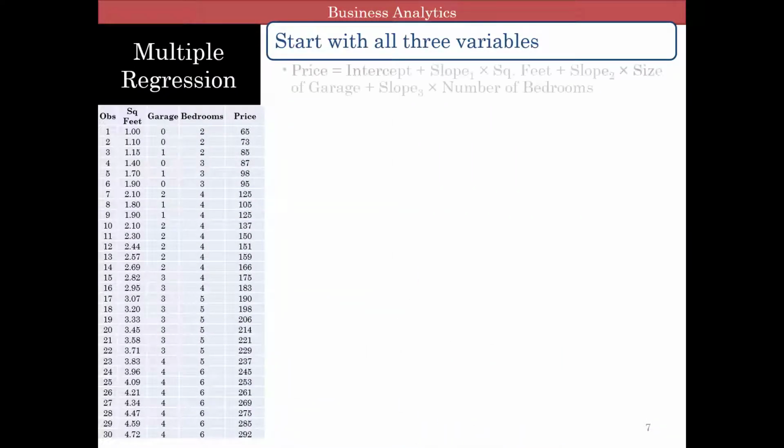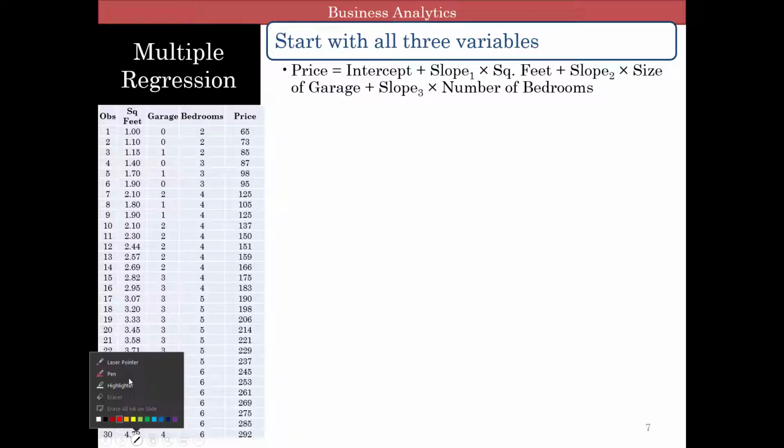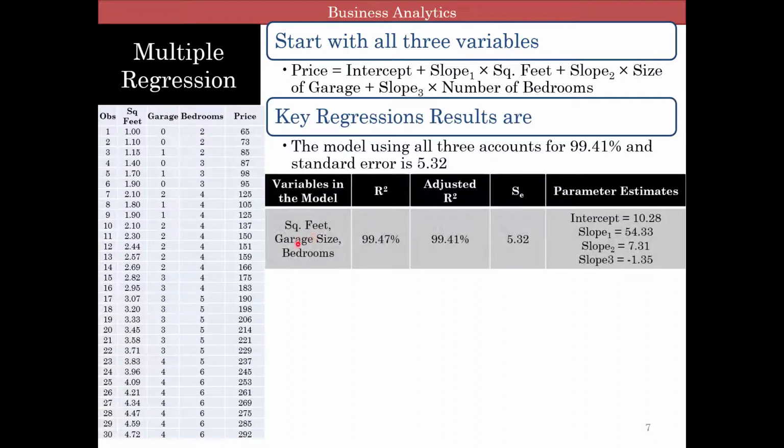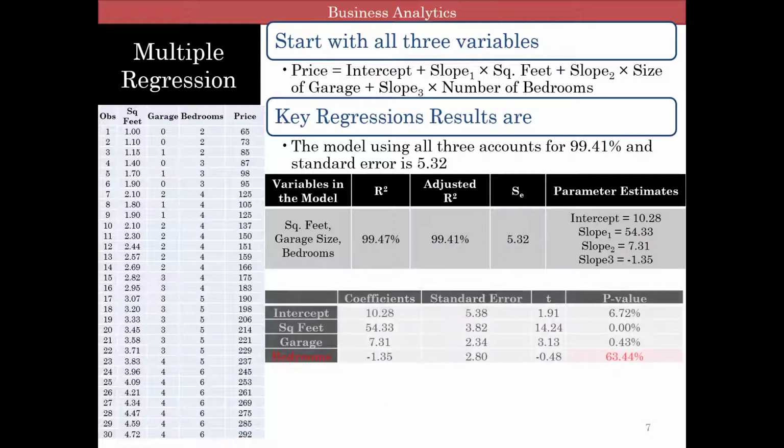So now we start with all three variables. Let's plug in all these three variables and look at what we get. So the key regression results, we get adjusted R squared of 99.41, standard error of 5.32, and here we have the intercept and the three slopes. But what you'll find when you look at the coefficients is that here are the coefficients and here are the standard errors for these slopes. You will notice that in the p-value, when you do the t-test, bedrooms has